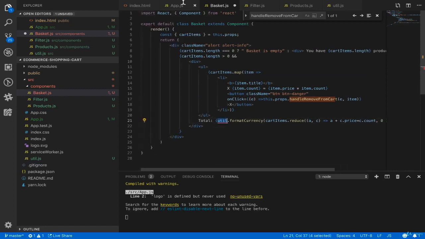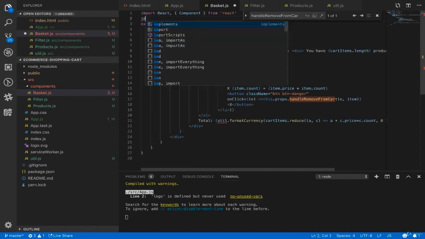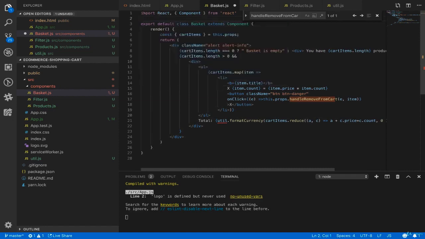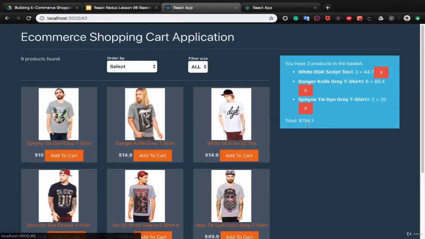So we need to import total, we need to import util from util. Great. You see, it's formatted right now, and if we add